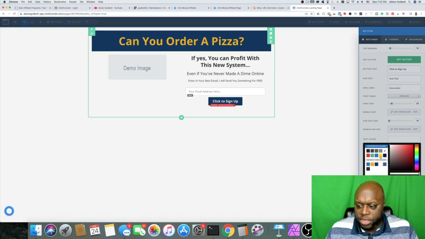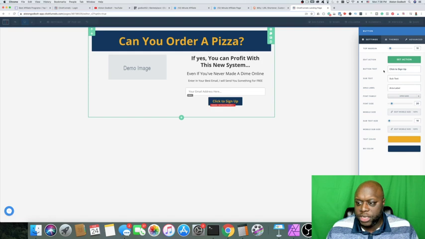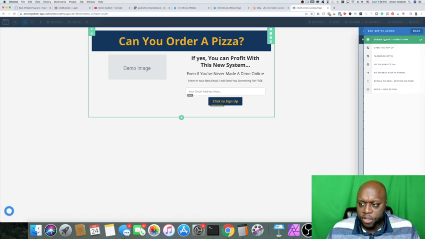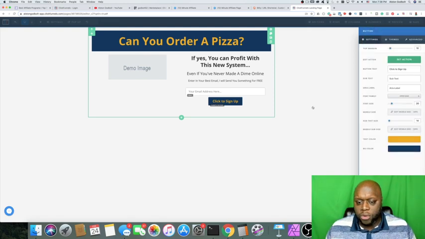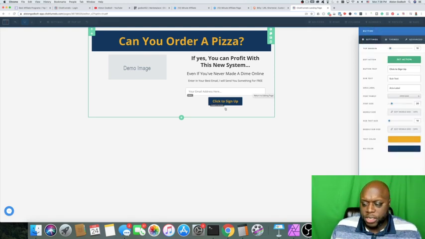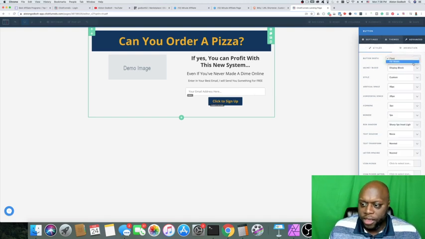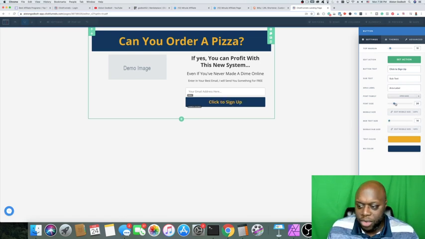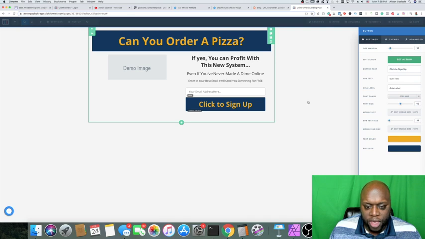Now I have made the mistake of not setting the action before. And when I mean setting the action, I mean setting the button action. To do that, you click submit button action, and you need to submit the order. Submit the order or submit the form. If you don't do that, people can just click submit without having to leave their email address. I've made that mistake multiple times. I couldn't figure out why people weren't leaving their email address. And so that was actually the problem. So heads up, make sure that you do that.